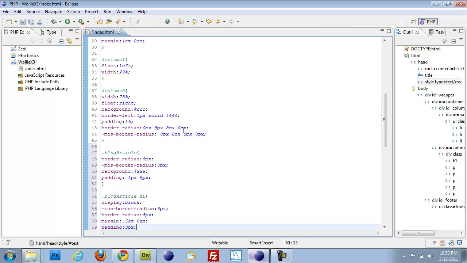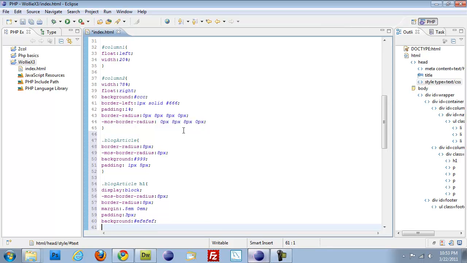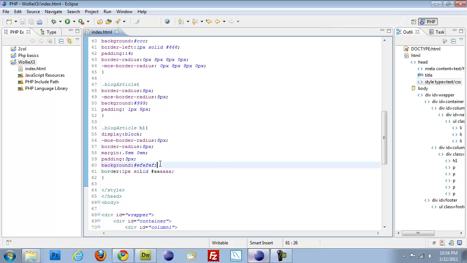Padding will be 3 pixels. Background will be very light gray, and then we'll give it a border of 1 pixel solid and just a touch darker. So now if I save that, whoops,